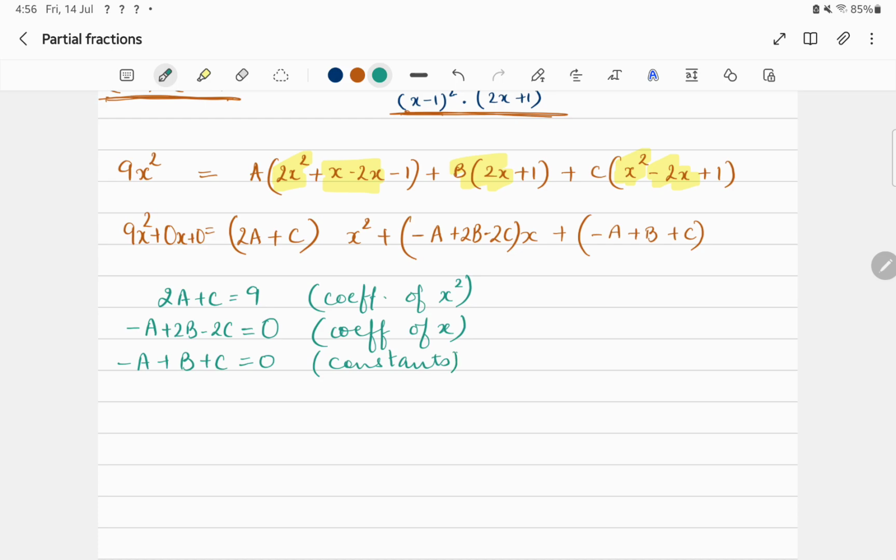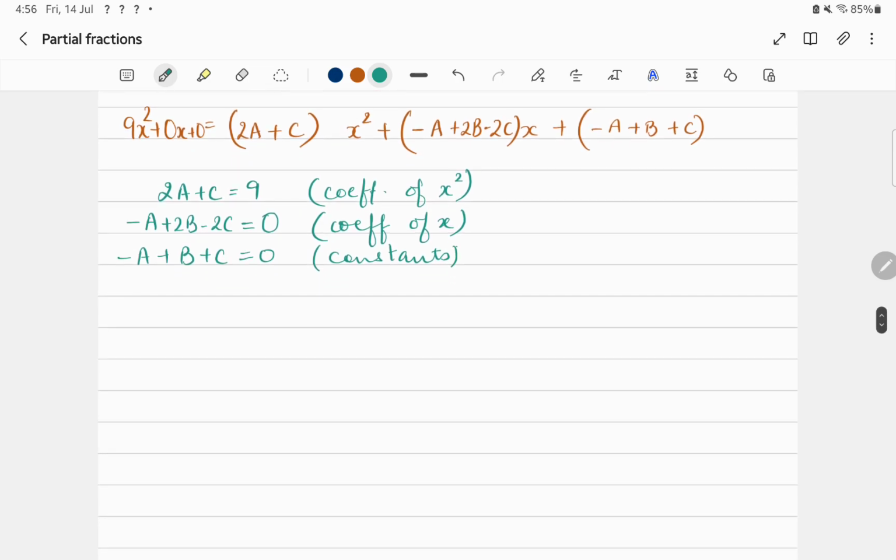Right, now we have three equations. We'll have to solve those equations simultaneously. So from the first one, I can find the value of c. Let's bring it here: 2a plus c is equal to 9, so c will be equal to 9 minus 2a. To start with that, we will substitute